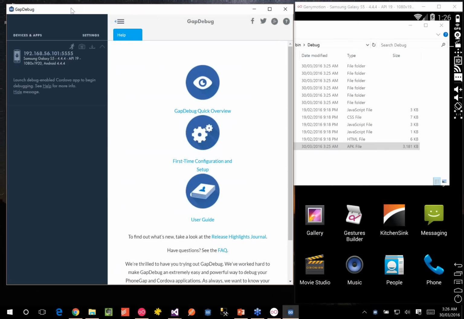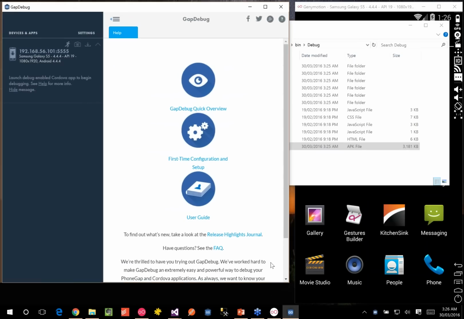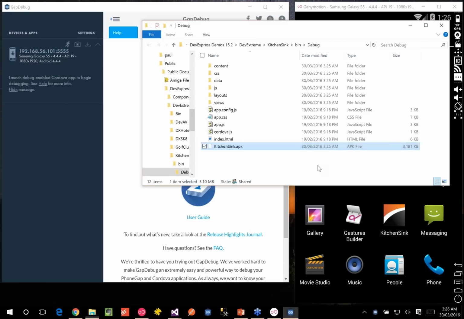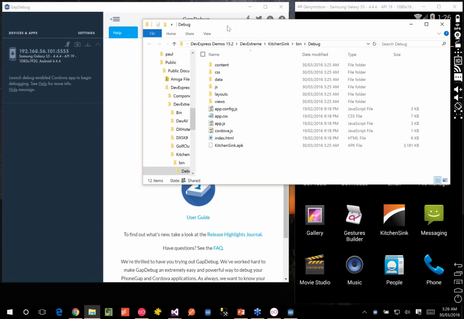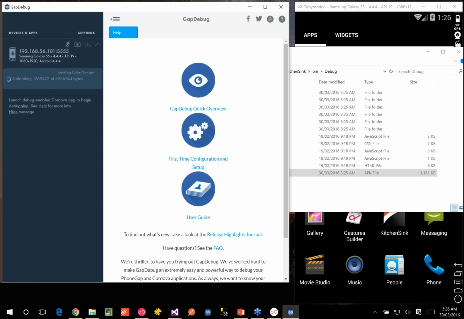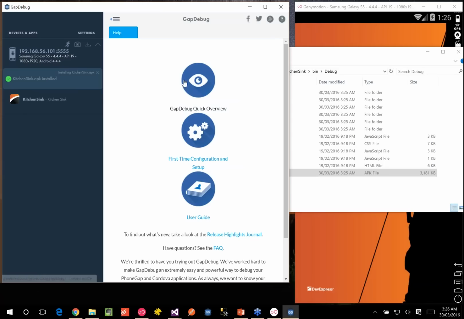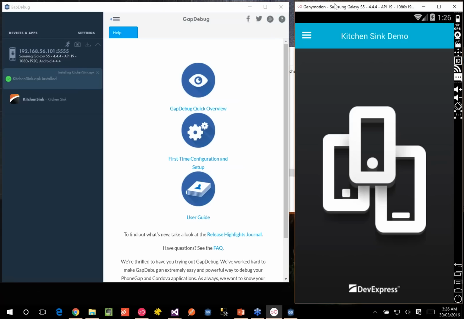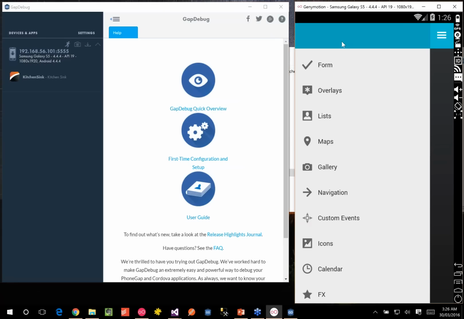And what you'll also see is the fact that it's detected that I've got a device connected. It knows, and I've done nothing here other than started my virtual machine. It's detected that, hey, there's a Samsung Galaxy S5 running and it's now available. For me to deploy that APK into that virtual machine, I'm simply going to drag the APK over the top of GapDebug. You'll see it goes through, does the upload and the install, and then tells me that the actual package has been installed. But we can see on the right-hand side, inside the Genymotion virtual machine, that the application's running. If I click on this here,